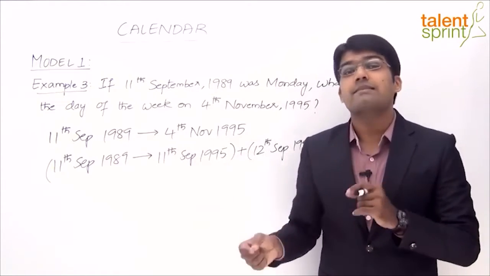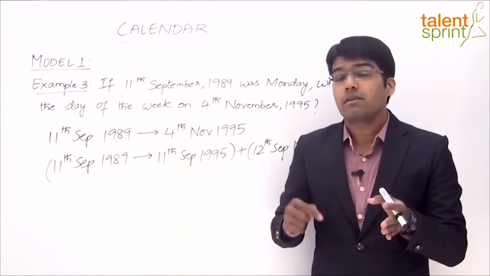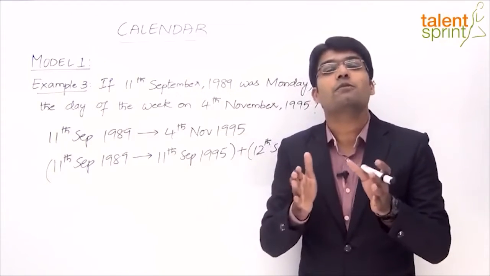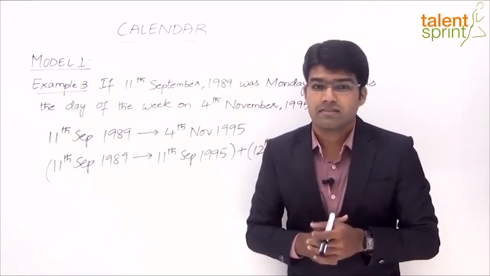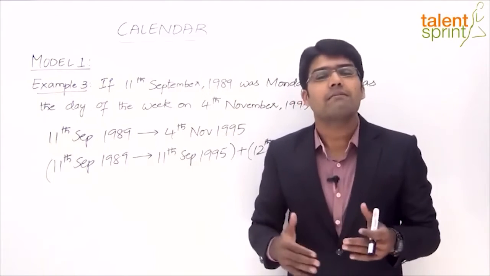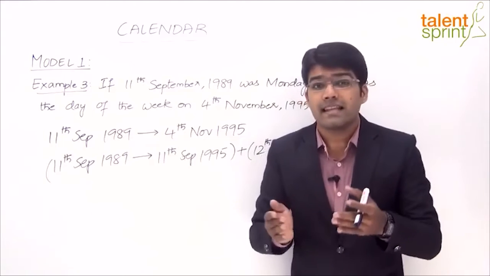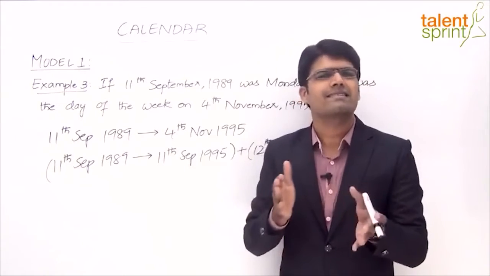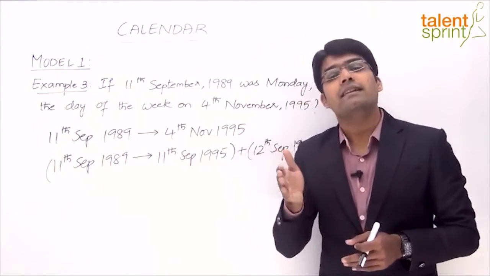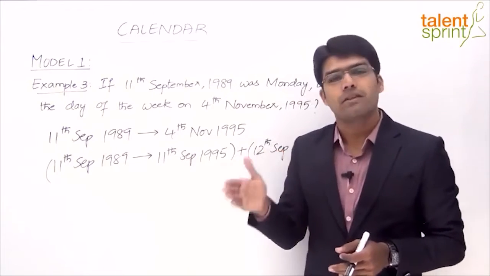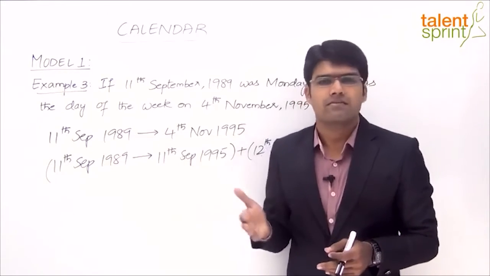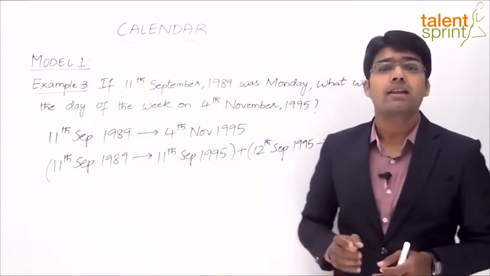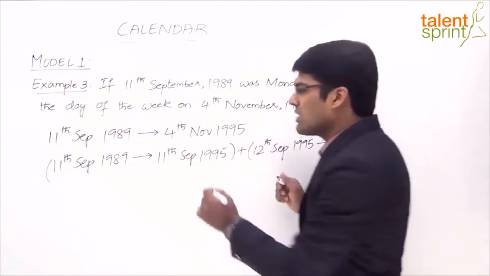Now if you observe, in this period 11 September 1991 to 11 September 1992 we have a leap year. Why? In this period comes the month of February of the year 1992. Since 1992 is a leap year, in that year Feb will have 29 days. So we can say that in the period of 11 September 1991 to 1992 there will be 2 odd days, since it is like a leap year, right? Then again from 92 to 93 ordinary year, 93 to 94 another ordinary year, and 94 to 95 is the last ordinary year. So in the total period of 6 years we have 5 ordinary years and only 1 leap year.